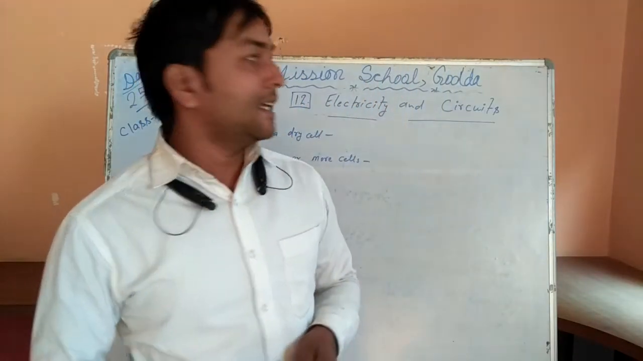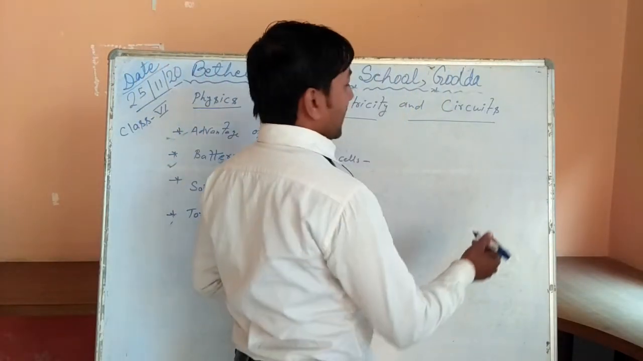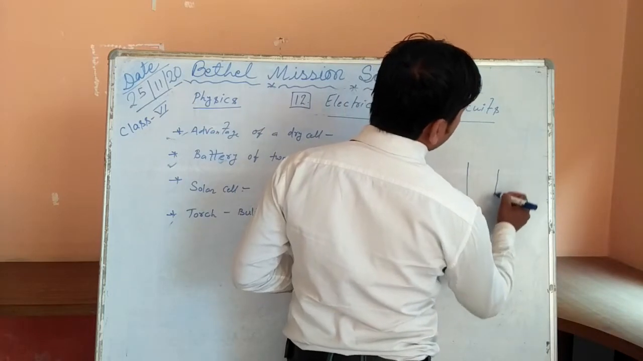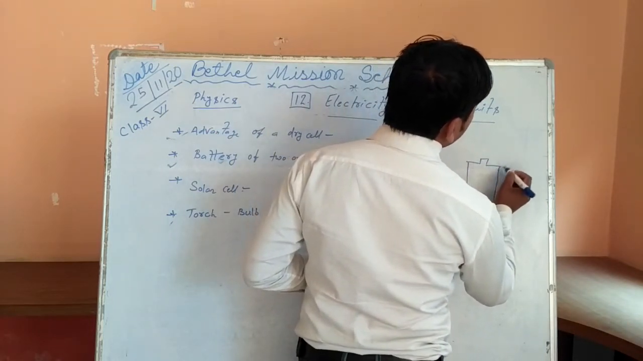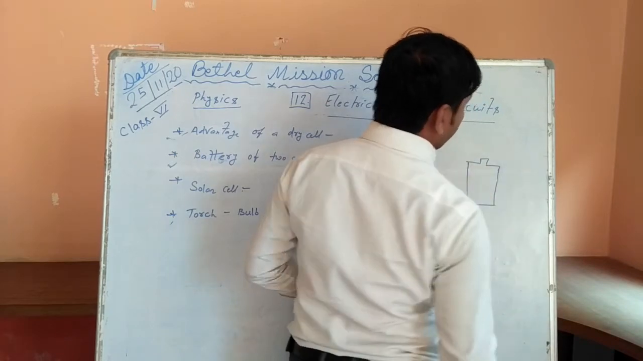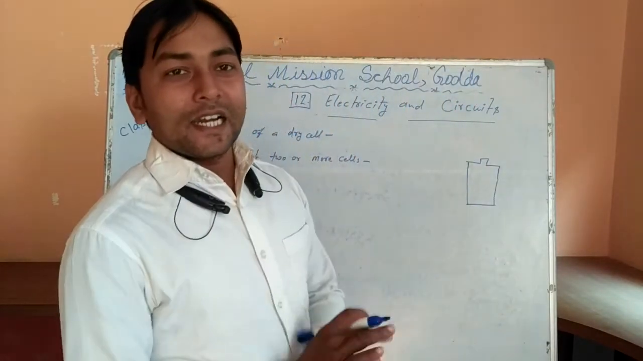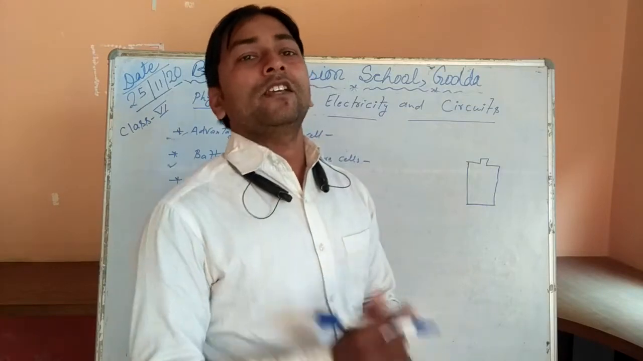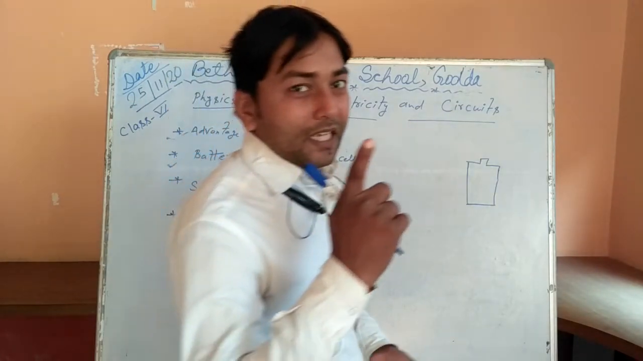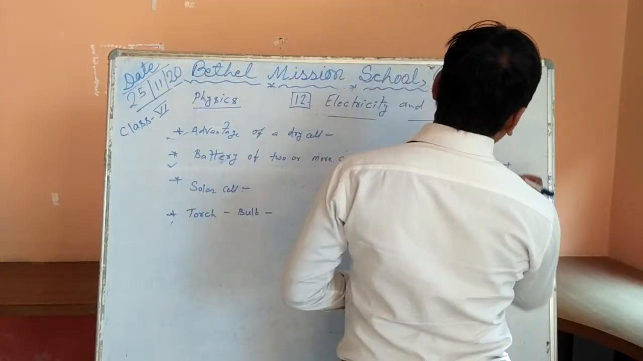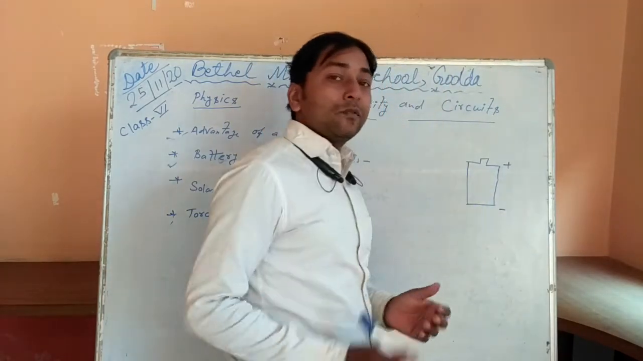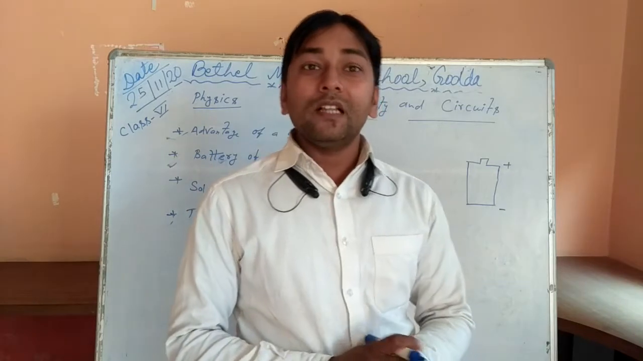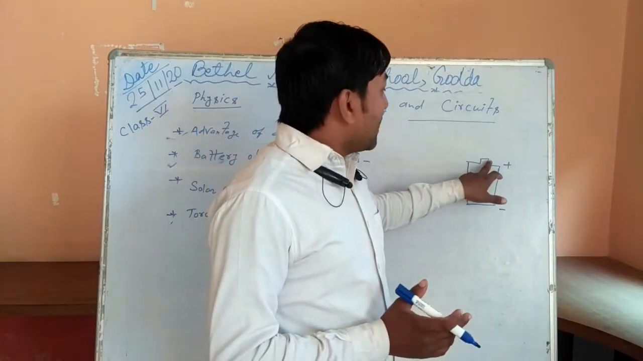In each and every dry cell, how many terminals are there? You know how many terminals? There are two terminals in a dry cell. Each dry cell contains two terminals. One is positive and the other is negative. The positive terminal, which acts as the positive terminal, is the brush cap with